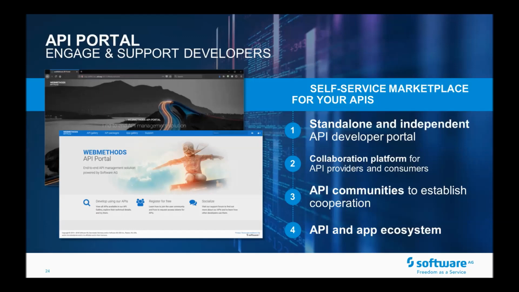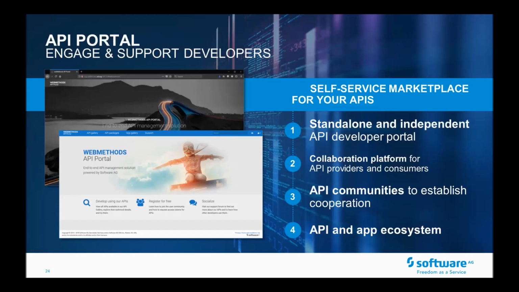What's new in 10.3, which is the topic of today? We always work on making the customization of the portal much easier. It is the face of these digital products, of the API products, so it has to look the way your organization looks. So we're making efforts to make it easier and easier. We also started supporting Open API specification version 3 with all the features and functions it brings. I'll talk more about it when we talk about the gateway.